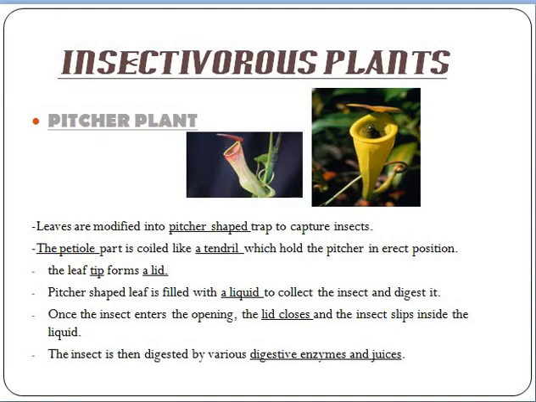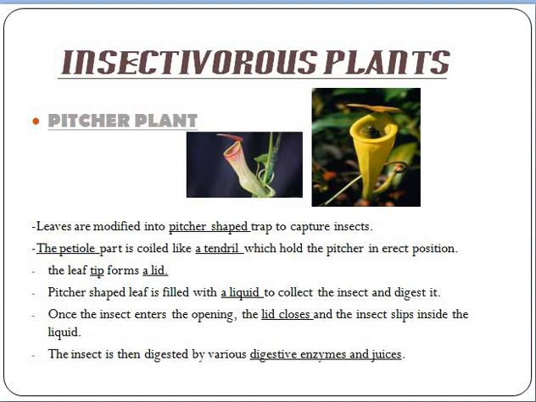Now we will study some of the insectivorous plants. There are mainly three kinds of insectivorous plants. The first plant is the pitcher plant. You can see the picture as well over here. Leaves are modified into a pitcher shaped trap to capture insects. In a pitcher plant, the leaves get changed into a pitcher shaped structure, which is actually a trap to